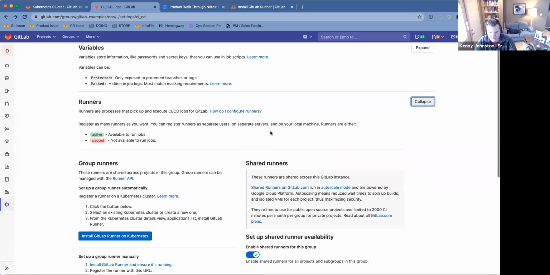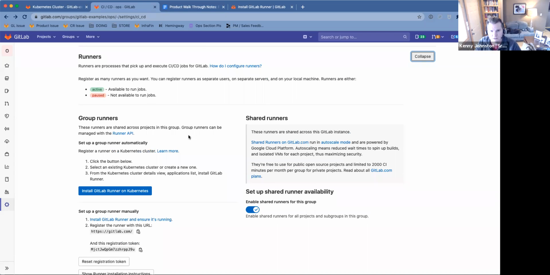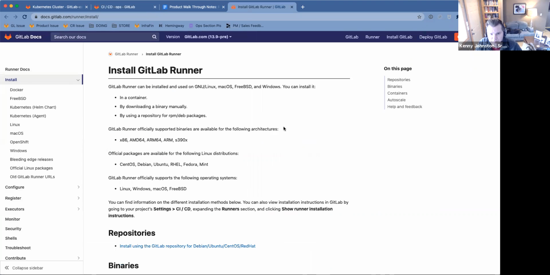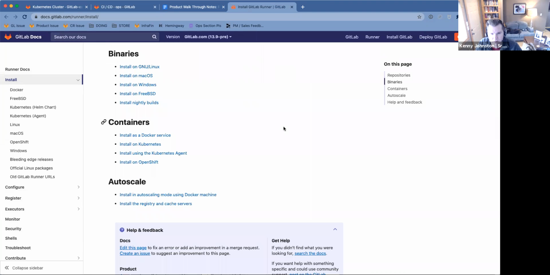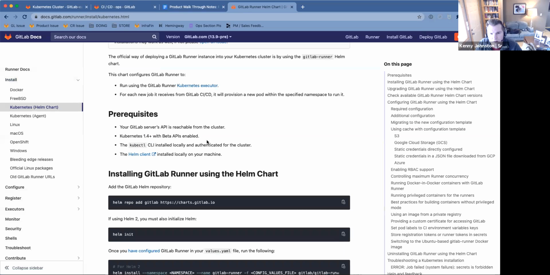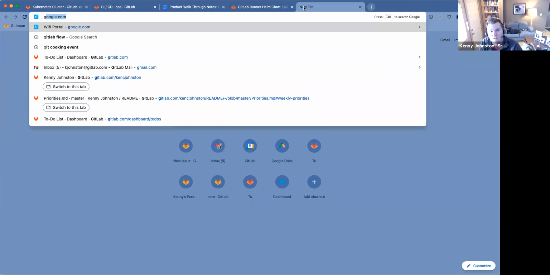Okay, well, all right, let's try the other route. I can manage them via the API, that's good. So let's just do the install GitLab runner and ensure it's running. So that was this page. So I just need to install it on Helm. So let's go to GKE and